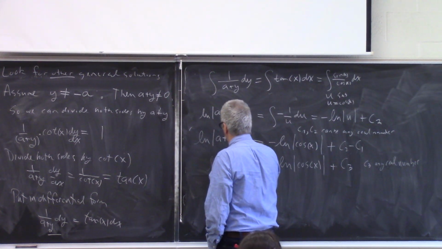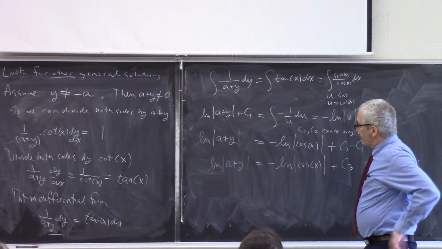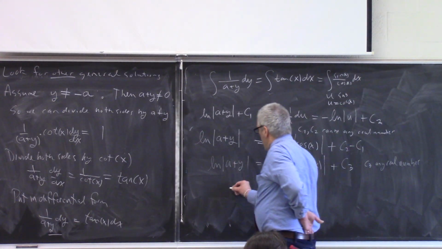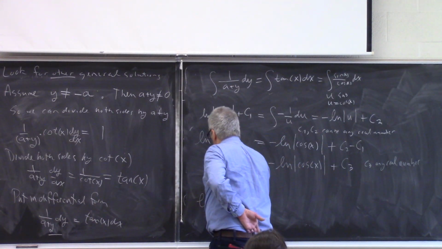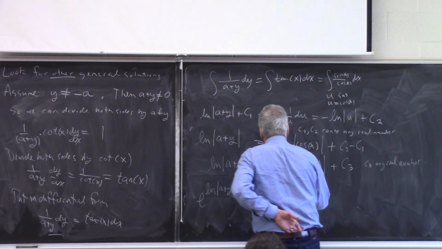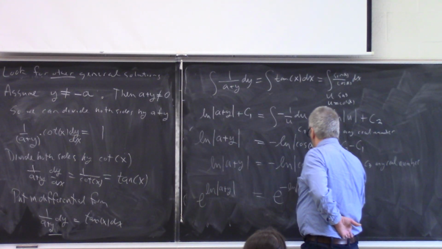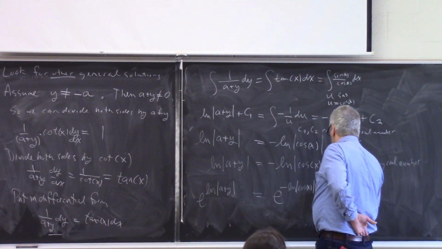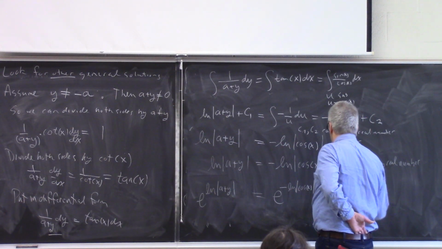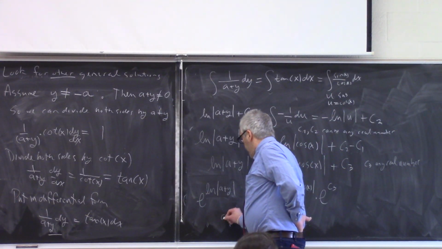So ln of absolute value of a plus y on the left. So let's raise e to both sides. So e to the ln of absolute value of a plus y equals e to the minus ln of absolute value of cos x times e to the C3. Because remember, e to the a plus b is e to the a times e to the b. So I get absolute value of a plus y